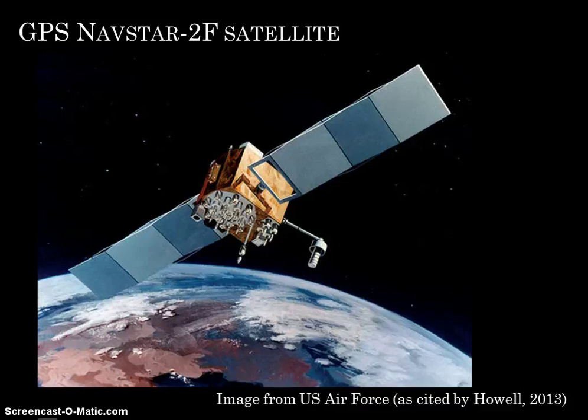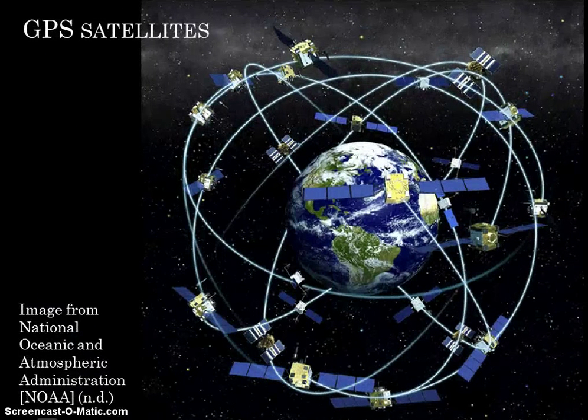These satellites are powered by solar energy with backup batteries, and small rocket boosters keep them on the correct path. The average expected lifespan of a GPS satellite is 10 years, and replacements are in constant production and launching. A single satellite weighs some 2,000 pounds, and when the solar panels are extended, can span 17 feet across. We call this network of satellites NavStar for Navigation, Signal, Timing, and Ranging Global Positioning System.